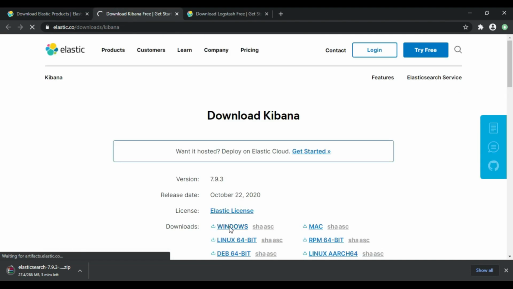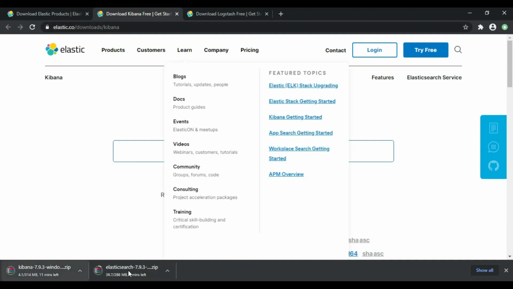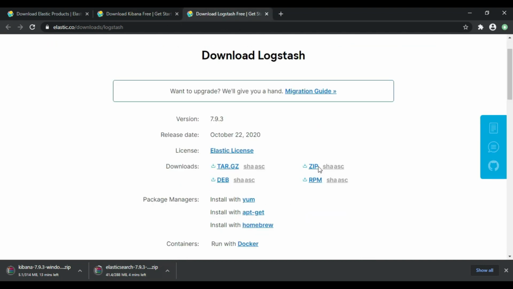We are downloading version 7.9.3, which is the latest version, released on October 22, 2020. So Kibana is downloading. Then go to Logstash, where you can download the zip file 7.9.3. So it's starting to download.